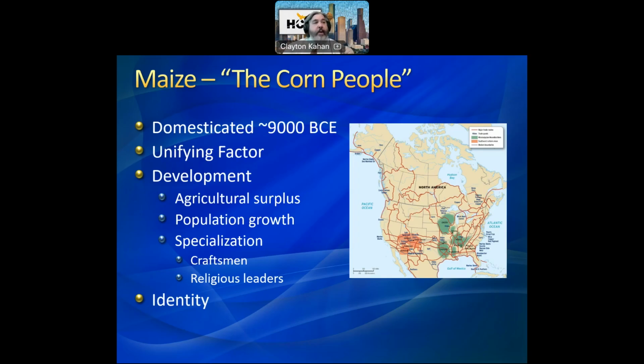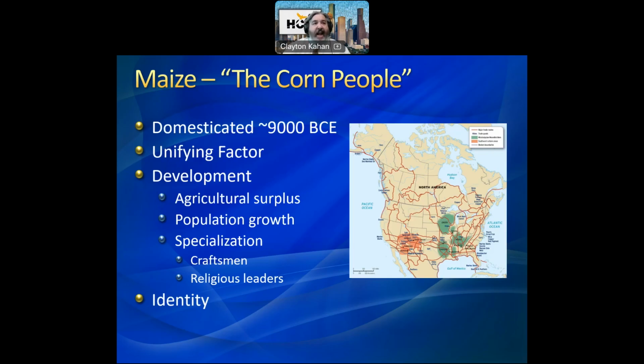Corn was what we call omnipresent. It was everywhere. It was so omnipresent that it became sort of a unifying factor amongst these Mesoamerican people. These people, particularly in the Archaic era, wind up being called by historians, anthropologists, and archaeologists, quote, the corn people, because corn spreads across